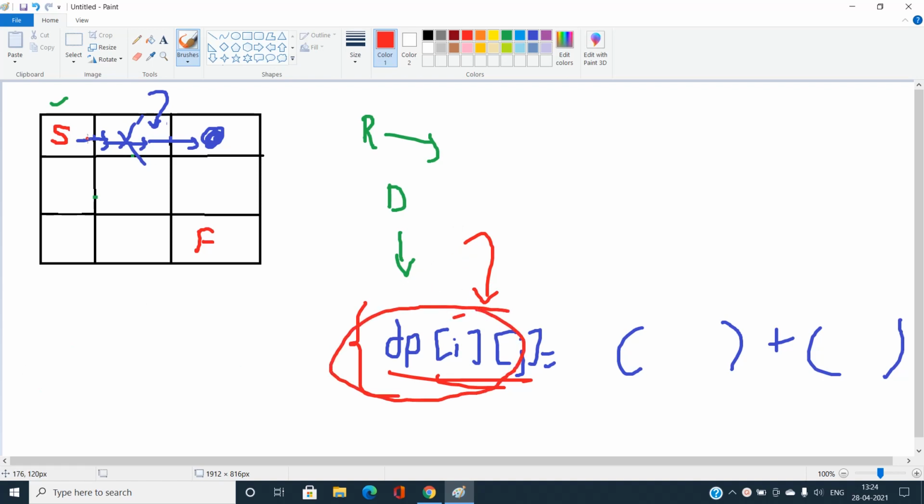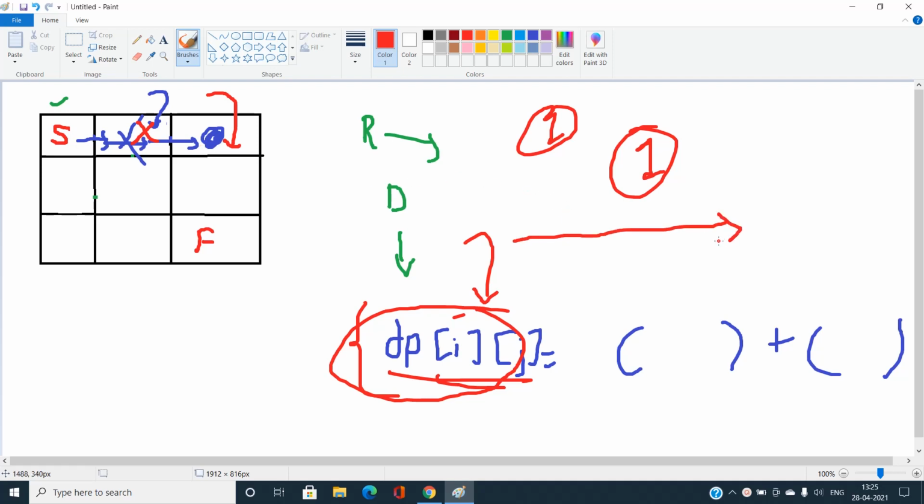Okay, and what about the case where we are at only the first row or only the first column, and we have visited some obstacle? What about some other cell which is present after that obstacle? You cannot reach that cell because there is only one way, that is going to the right for the first row. And if there is an obstacle in between, you cannot go to any other cell that is present after the obstacle.